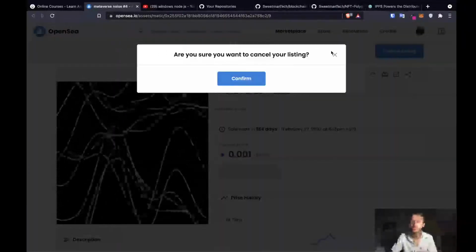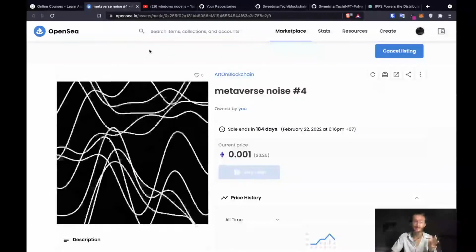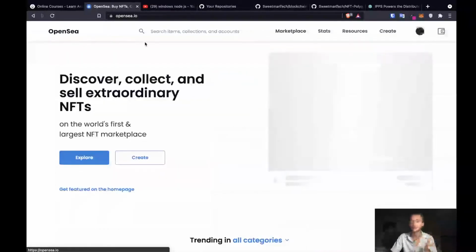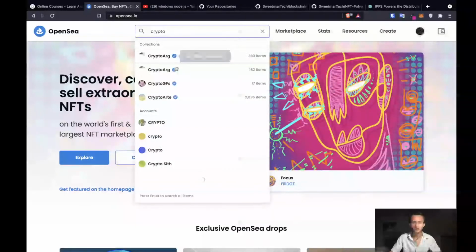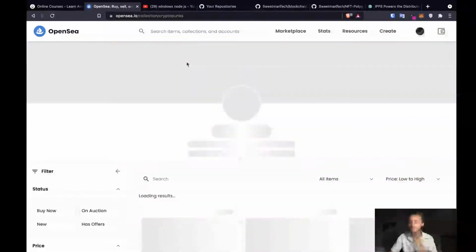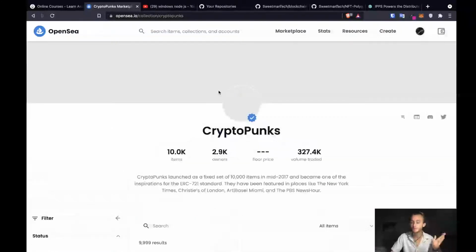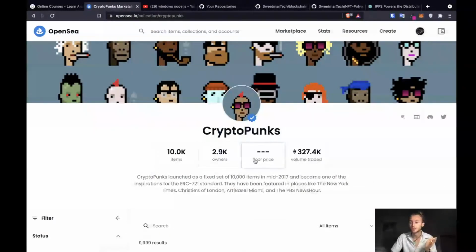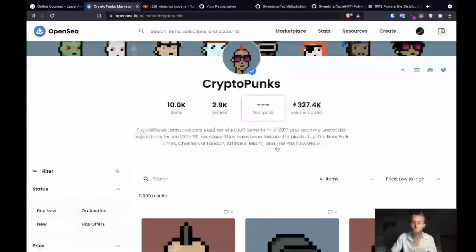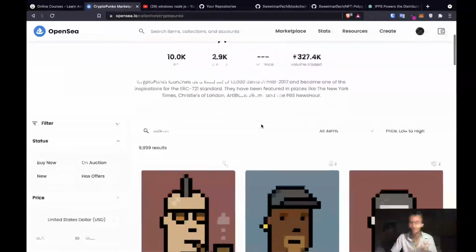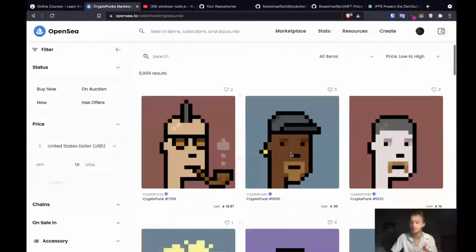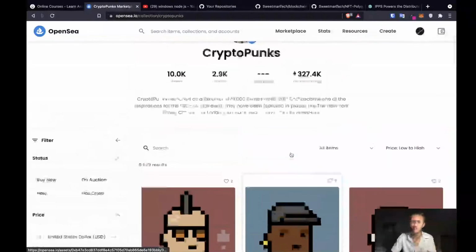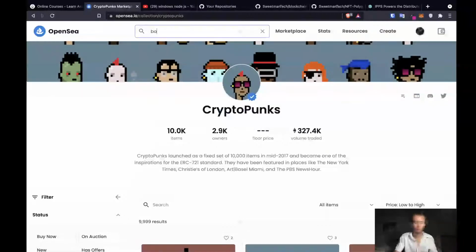If you're not familiar with Opensea, it is like the marketplace for NFTs being published. So if you come onto here, you can look up some very popular NFTs such as CryptoPunks. CryptoPunks, a really expensive NFT series where the floor price right now is, what is it, it's got to be at least 5 ETH for a floor punk, but it doesn't look like it wants to tell me. These are selling at 50 ETH right now, so that's 50 ETH if you convert that to whatever currency you want. So you can buy CryptoPunks, you can buy Bored Ape Yacht Club,